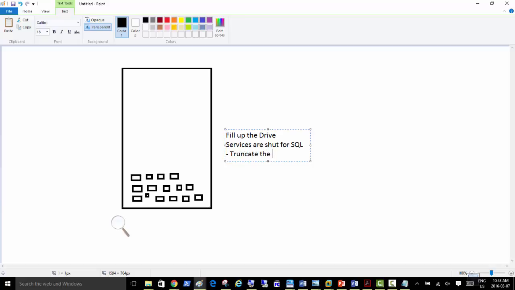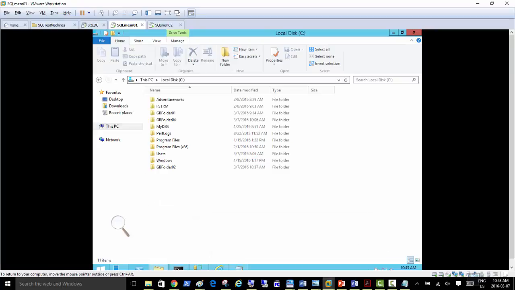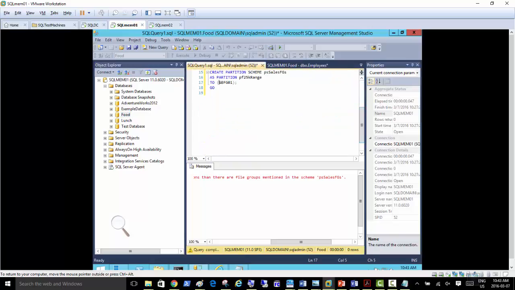Truncate the logs. And what is the mechanism? First we need to know how much space each database is taking, right? So I'm just going to go for that SQL Server command.